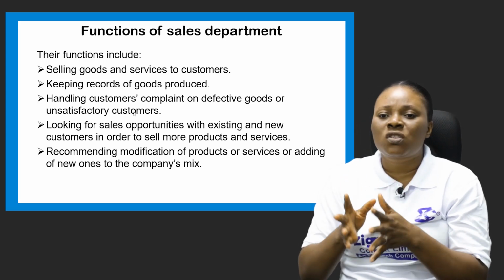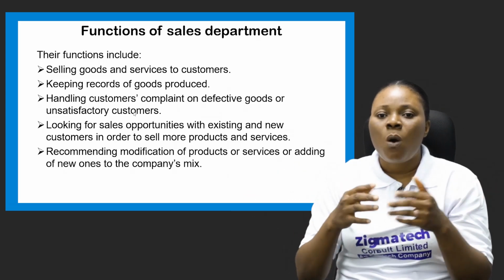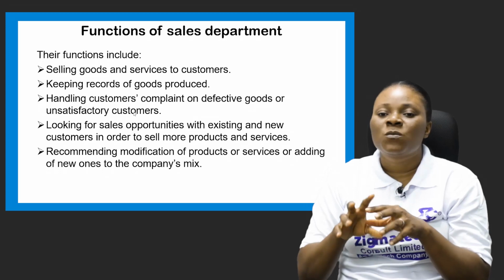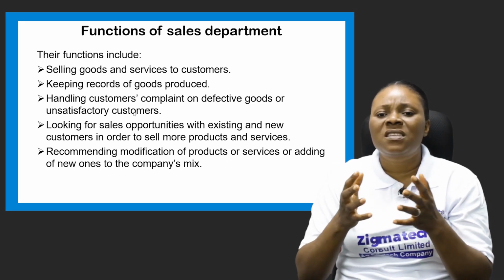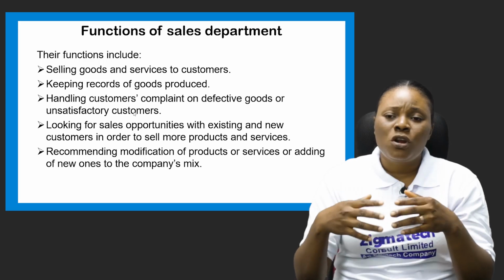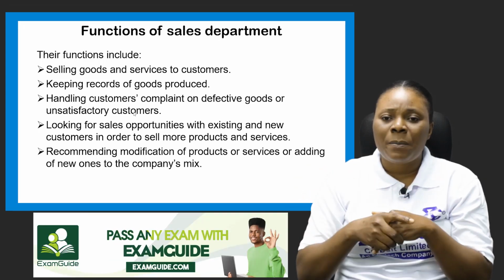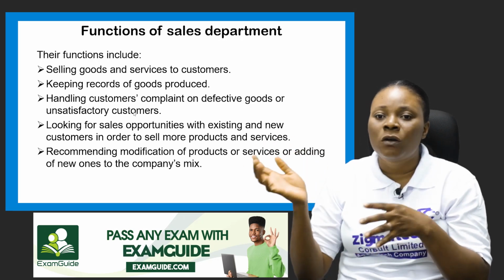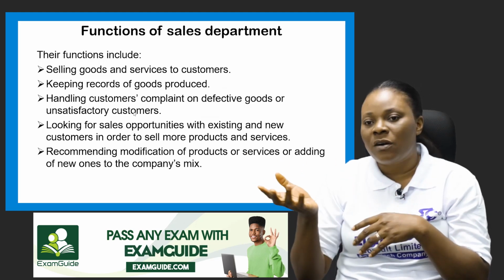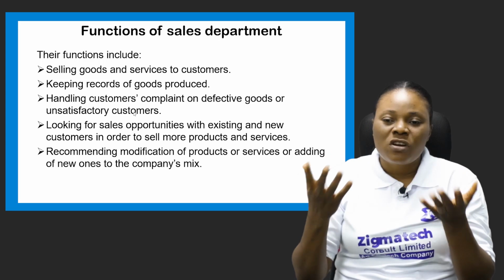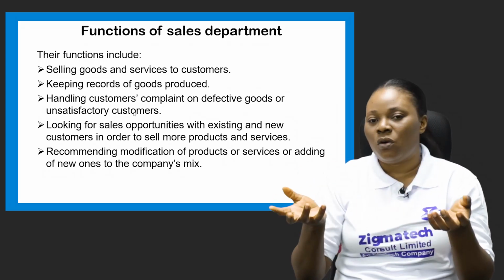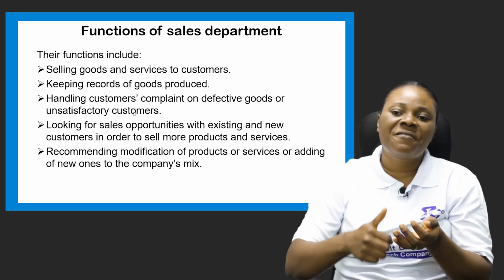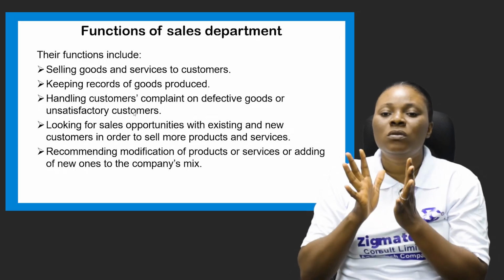They also handle customers' complaints on defective goods or unsatisfactory customers. It's also the duty of the sales department to handle complaints on defective goods. If, for example, a product sold to a customer by the sales department, the customer comes back to say the product sold to me has a defect or has a complaint or is bad, or maybe while on transit something happened to it, they should not ignore. They should be able to handle the complaint, and anyone they cannot handle, they refer the complaint back to the